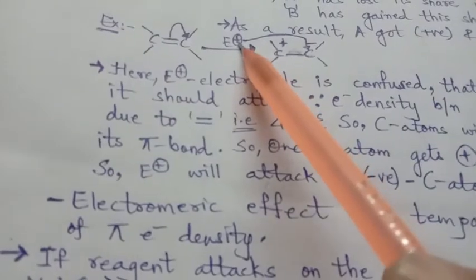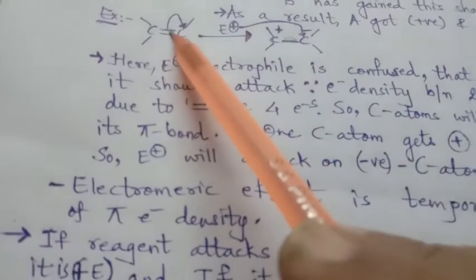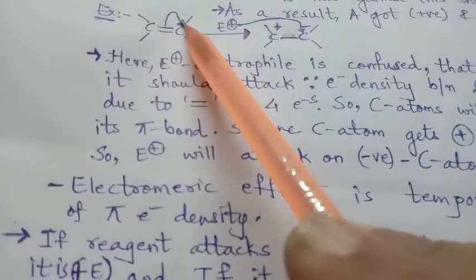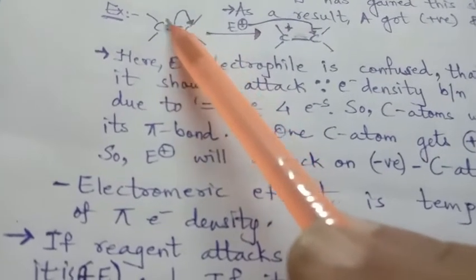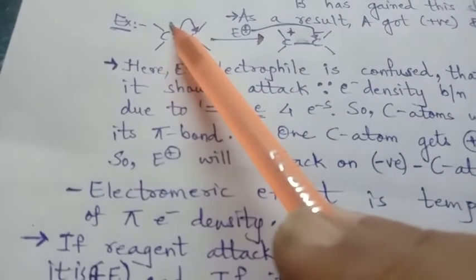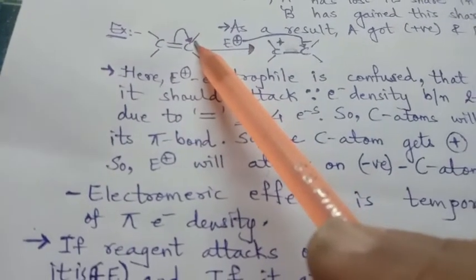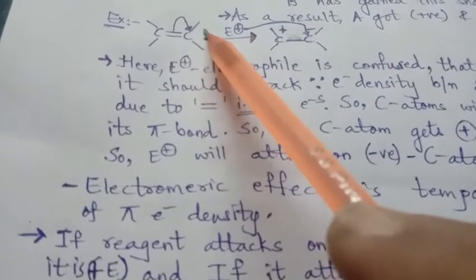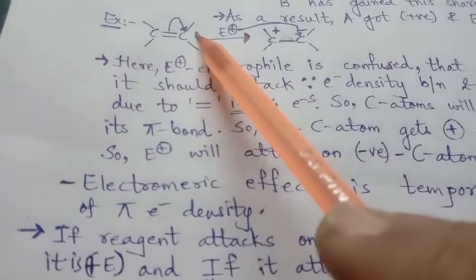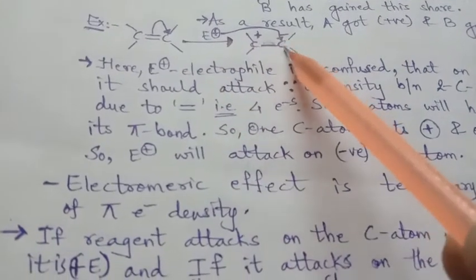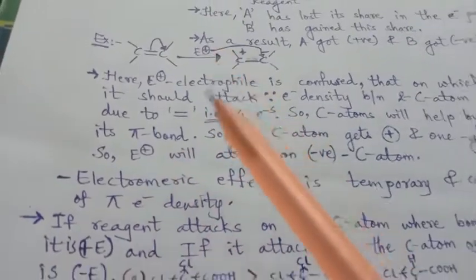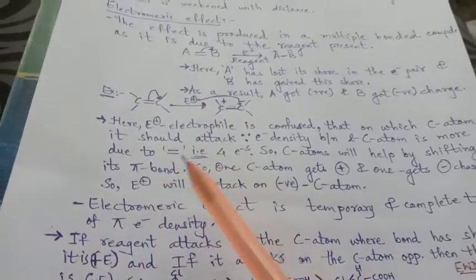But as soon as this positive charge comes in contact, this pi electron will try to shift on this carbon. And as soon as it shifts on this carbon, the other will become electron deficient. So positive charge it will acquire, and this will become electron rich, more electrons, so it will get negative charge. And as soon as it gets negative charge, the positive will attack on it as the opposite charge attacks, and it will take place on this carbon, right? So this is the electromagnetic effect.